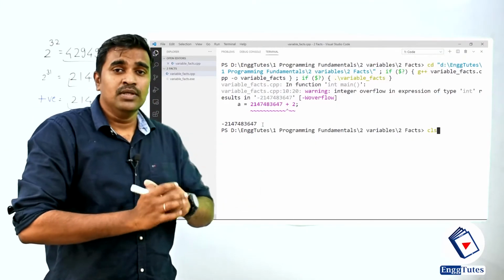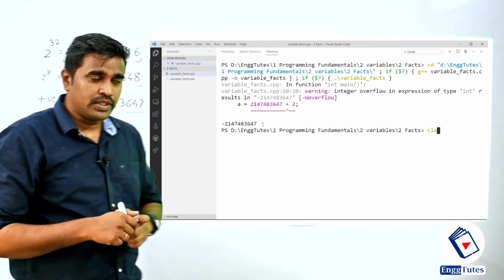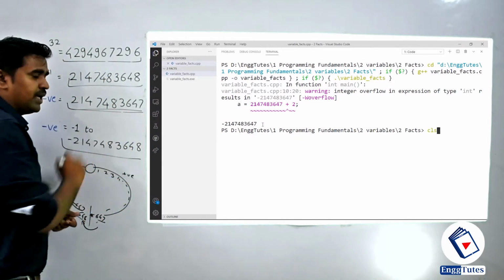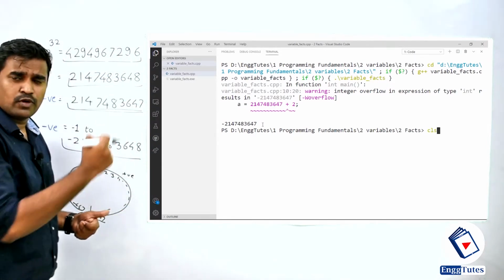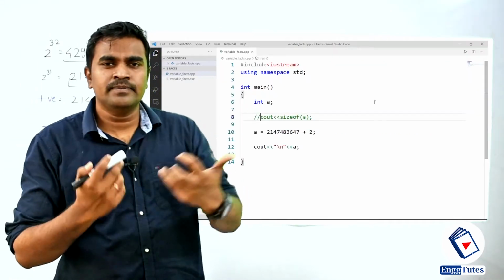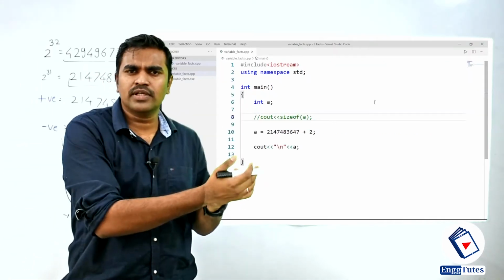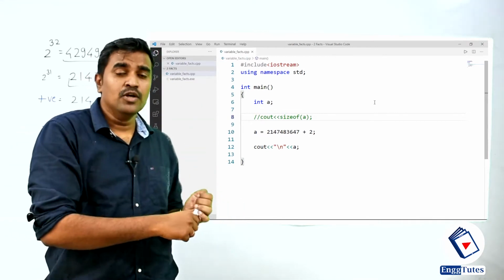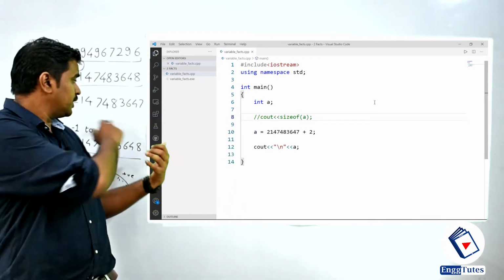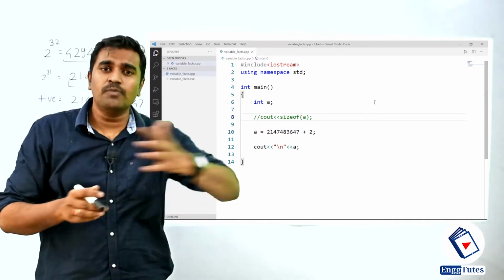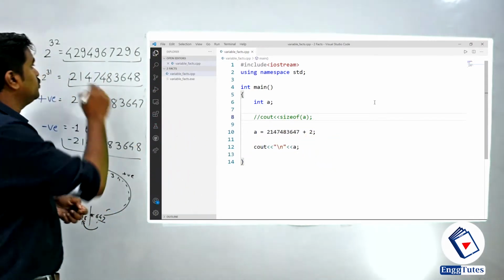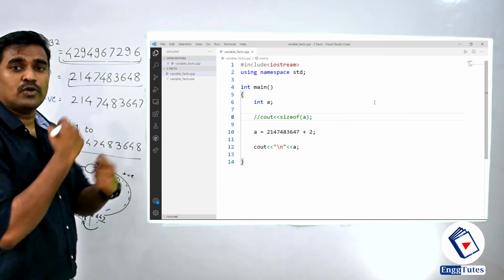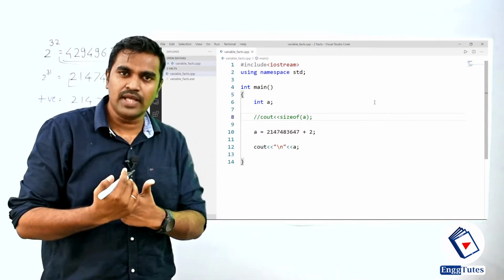Got this? Now, my concern is that this is the maximum positive number I can store for an integer variable. But if I am developing software for a company who deals with sensors, I need a number whose range might be greater than 2 billion, but all positive numbers. So I need to use this whole range to store positive numbers only. Then how can we do that?